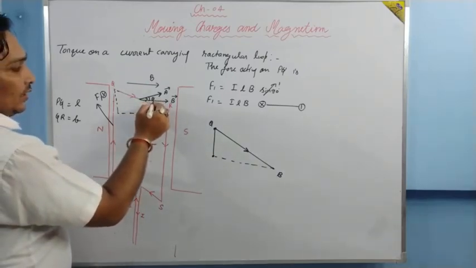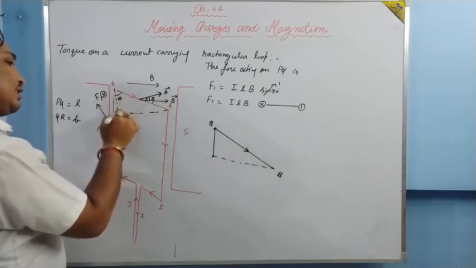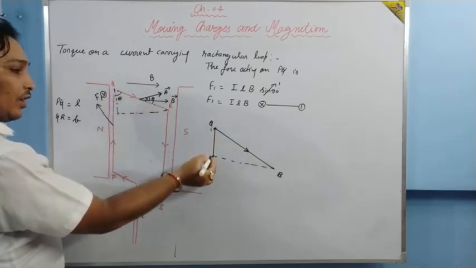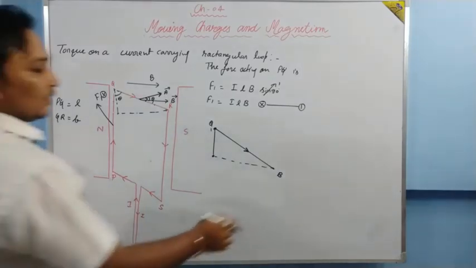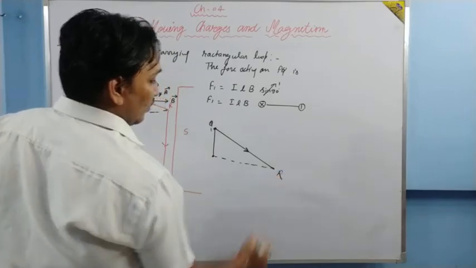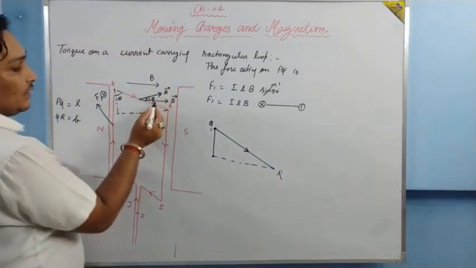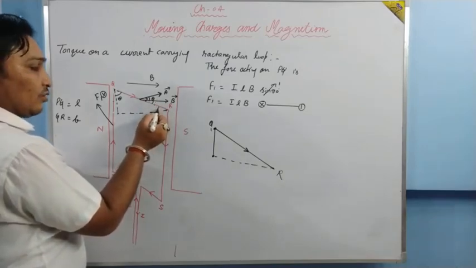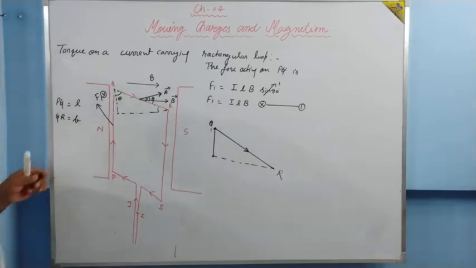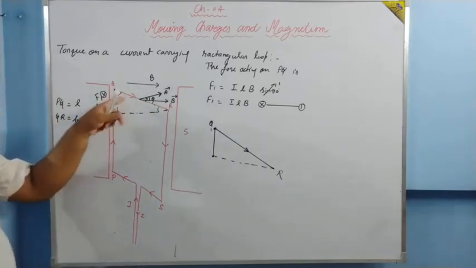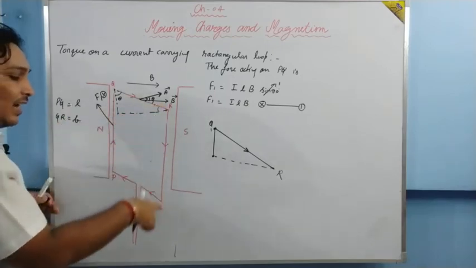So this angle is theta, this is 90 minus theta, this will be 90 minus theta, so basically this angle will be theta. What is this? This side I am making over here. This is P, this is R. This angle is theta, this is 90 minus theta, this is also 90 minus theta, so this is basically going to be theta. What theta I am taking: between the direction of force F1 and the side RS.